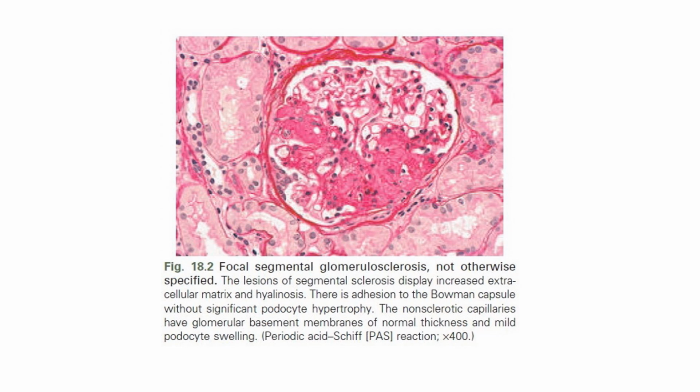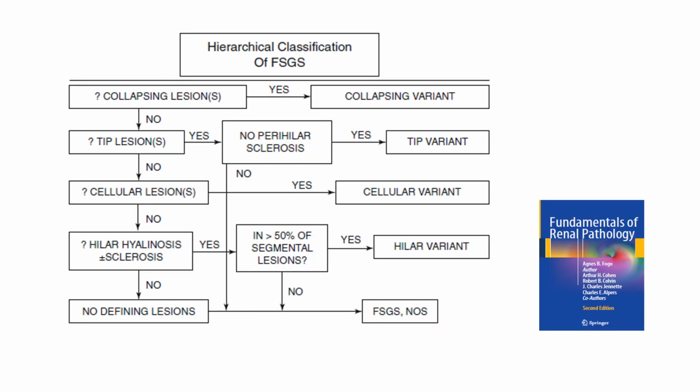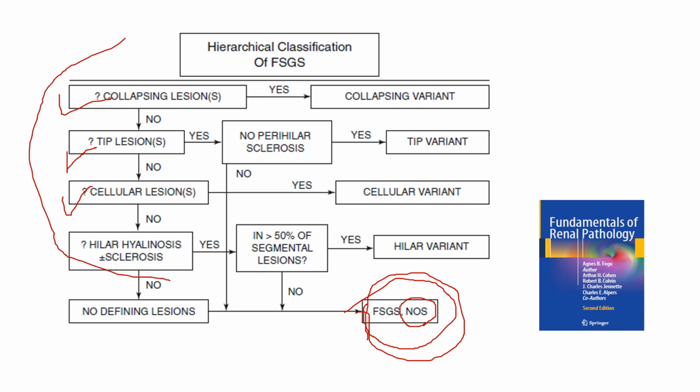In this type, there is no specific shape of the lesion, so the pathologist usually excludes the collapsing. If it is not collapsing, it is tip lesion. If it is not tip lesion, it is cellular lesion. If it is not, it will be the final focal segmental glomerulosclerosis, NOS, not otherwise specified. So we call it NOS, not otherwise specified, if there is no any other lesions of focal segmental